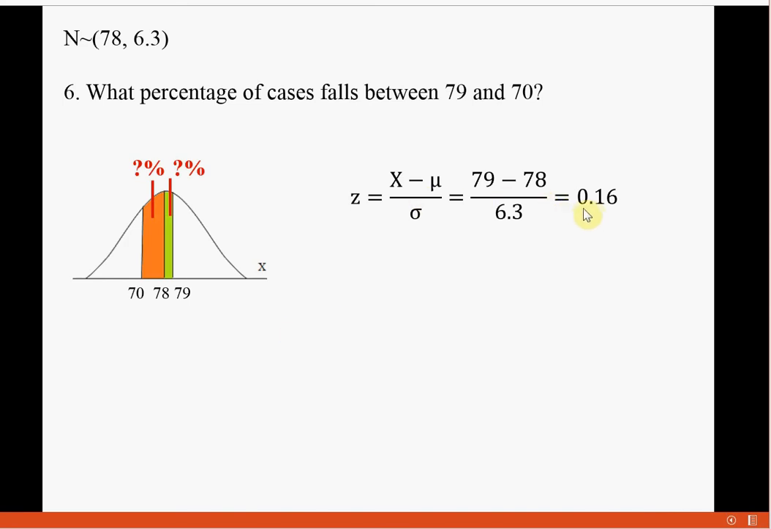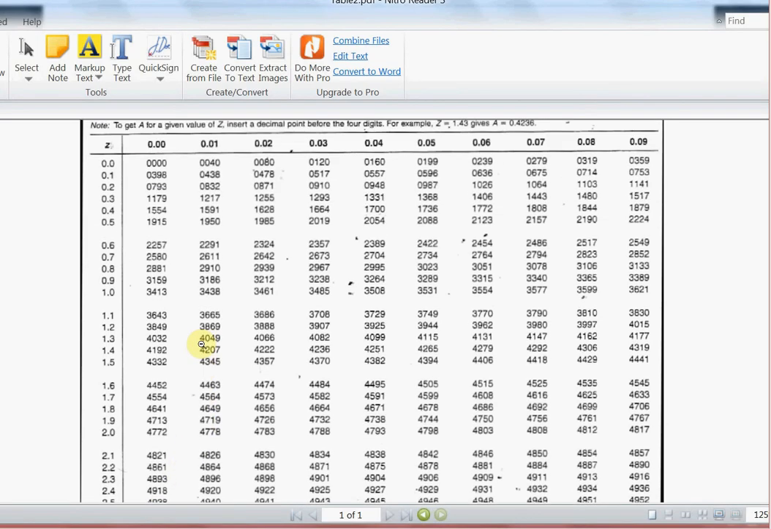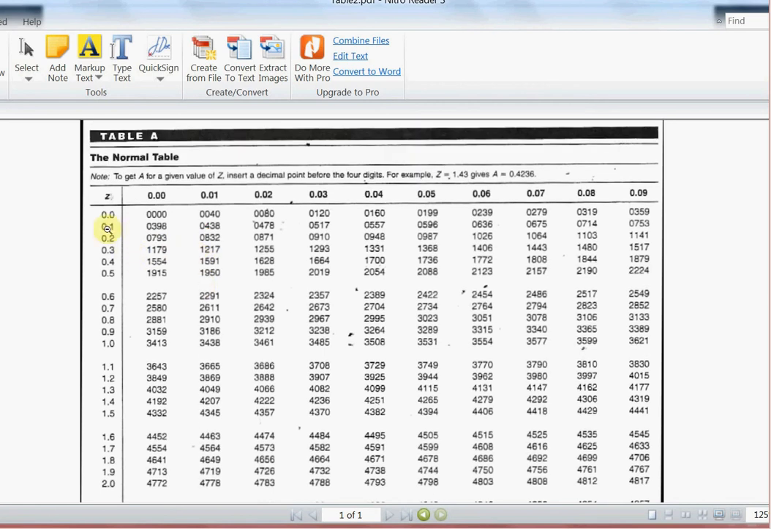For 79, the z-score is 0.16, as we did in the last question. And for 70, we convert it into a z-score of negative 1.27. Now, if you go to our normal table, 0.16, as we obtained from the last question, gives a percentage number